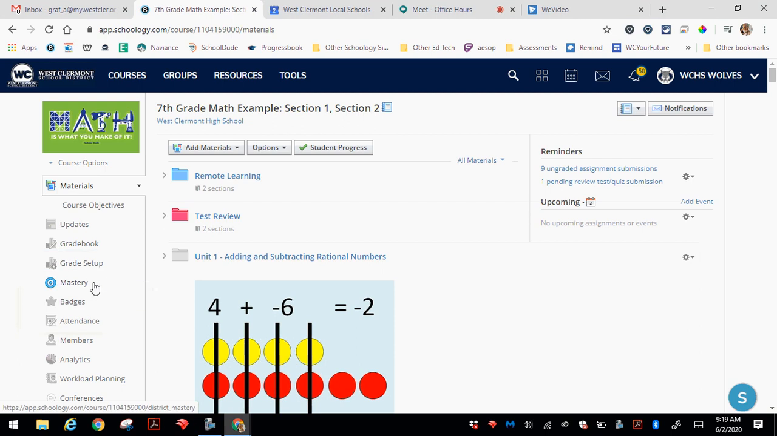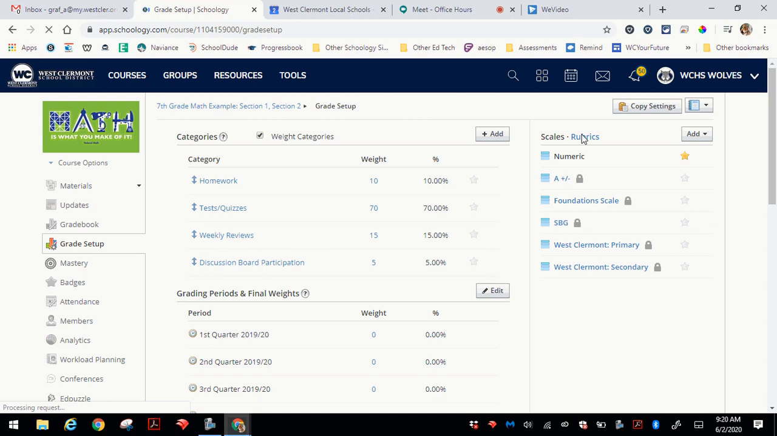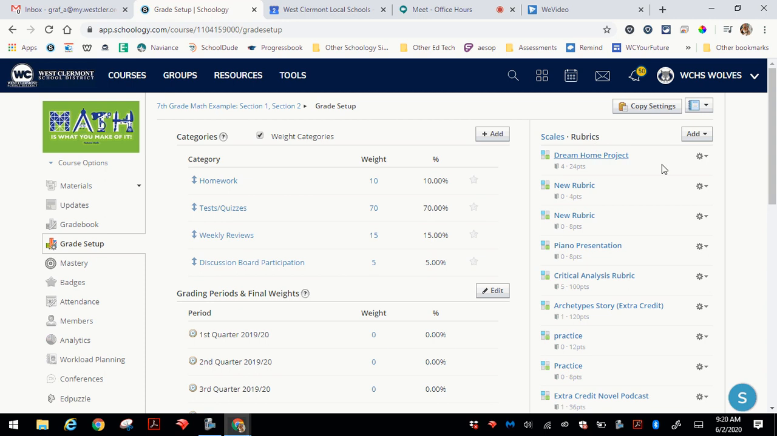Okay, this video is going to show you how you can make rubrics and use rubrics. So in your course, where the rubrics are stored is kind of in a weird place and people have trouble finding it. So if you click Grade Setup, and then over on this right-hand side, it says Scales, and people often miss this little thing that says Rubrics right next to it. So as you can see, I have a bunch of rubrics saved in there that I've